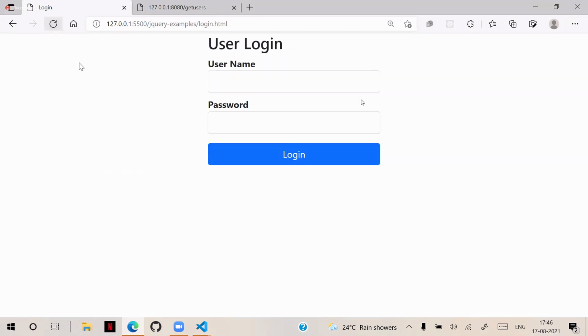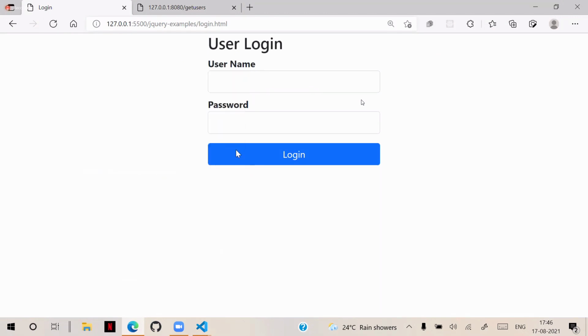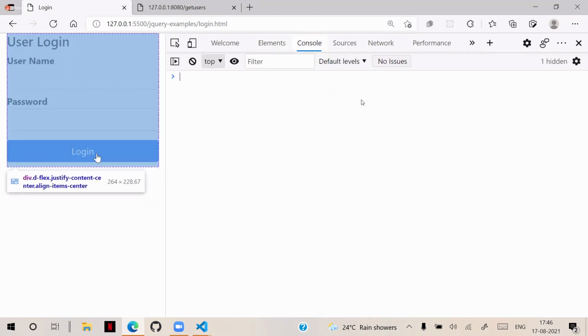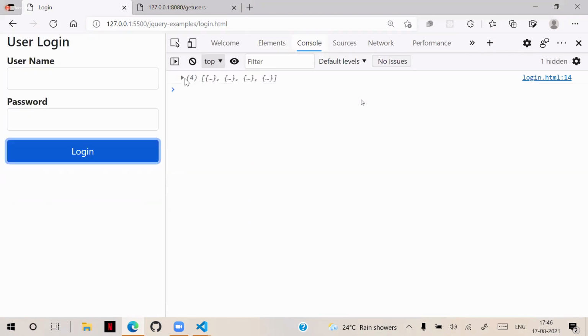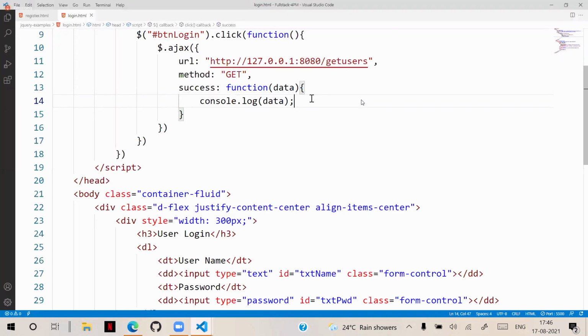Yeah, refresh here. I'm going to inspect and let's go to the console. On login click, it gets that user's information. Now I need to verify. That means the user's information is correctly coming. If the user's information is correctly coming, I need to verify. Here I am writing,